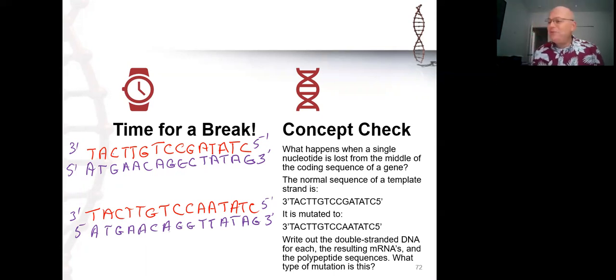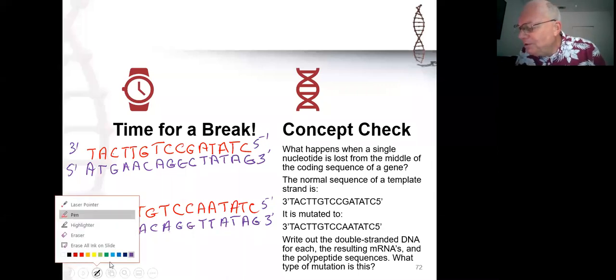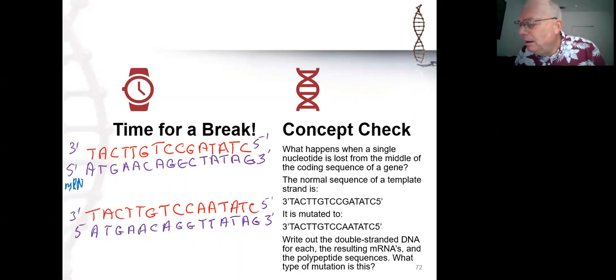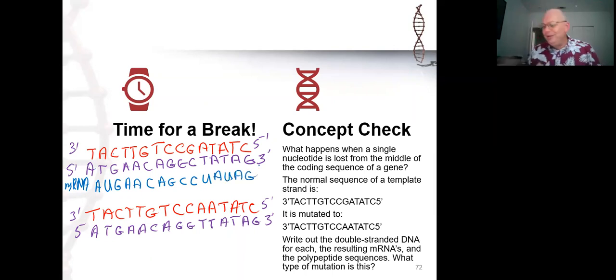Well, remember, the messenger RNA is simply going to look like the non-coding strand where the T's have been replaced by U's. So let's change the color again. And the mRNA would be A, U, G, A, C, A, G, C, C, U, A, U, A, G. So that's messenger RNA there. Messenger RNA here